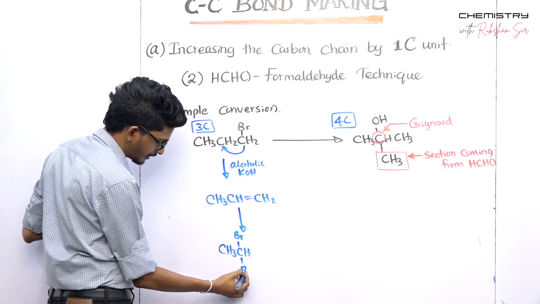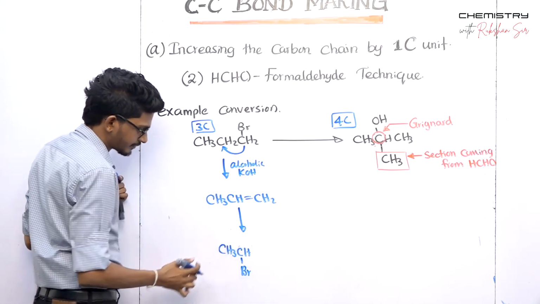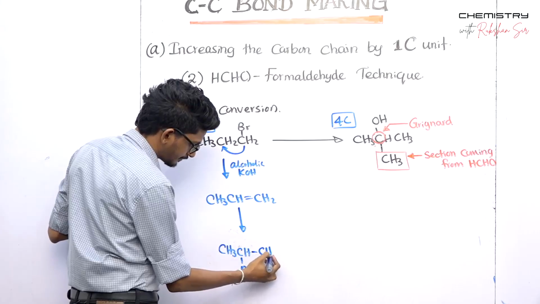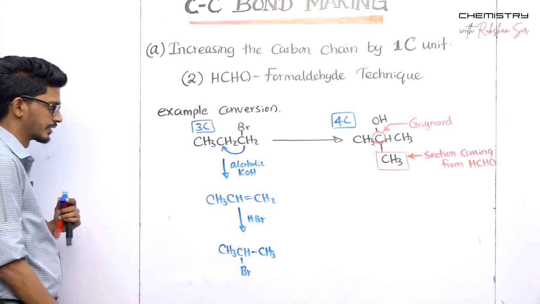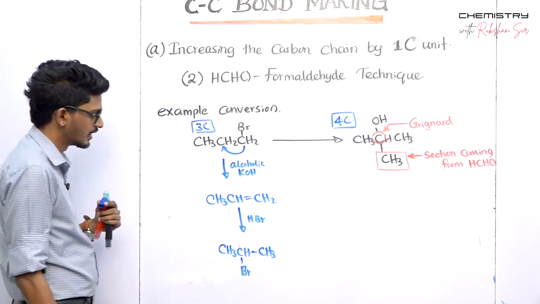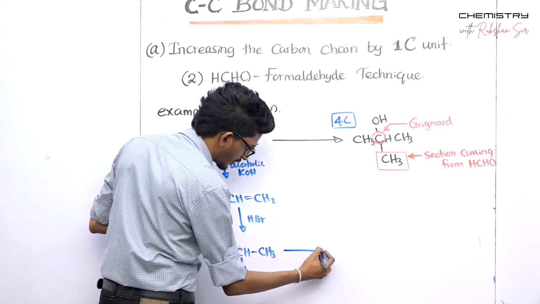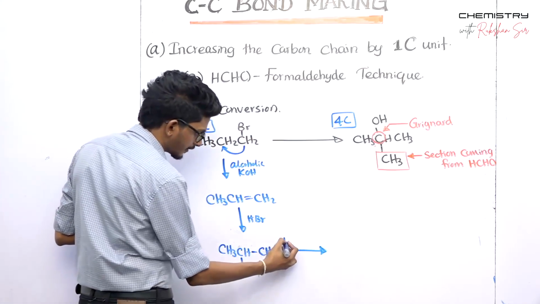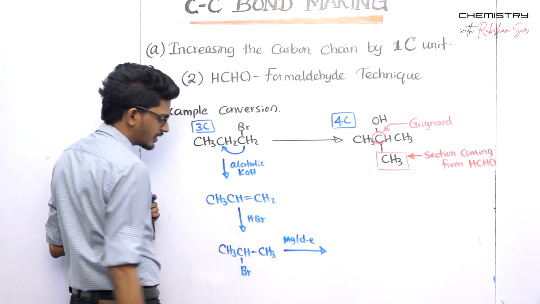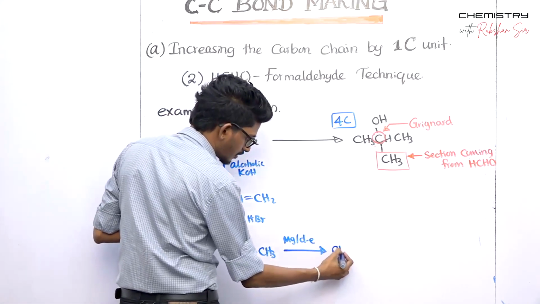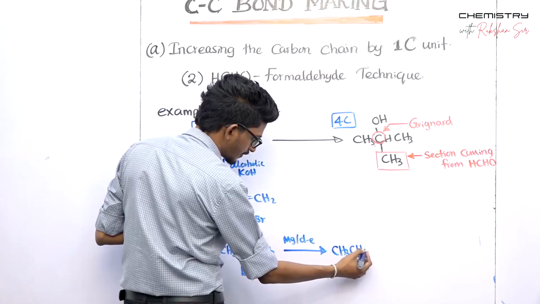So I'll write the Br here, right? Just HBr addition. So then you can come up with the Grignard by just adding Mg in dry ether medium. So CH3CH,